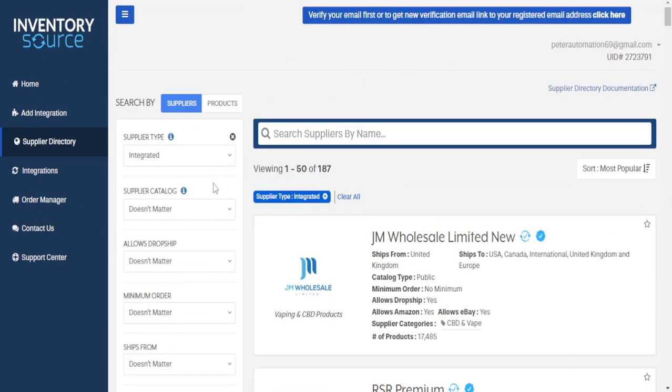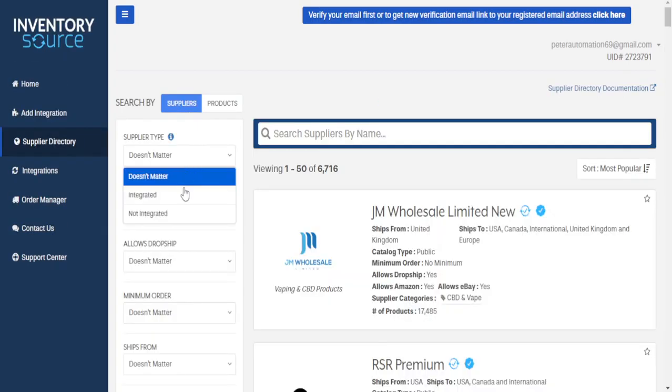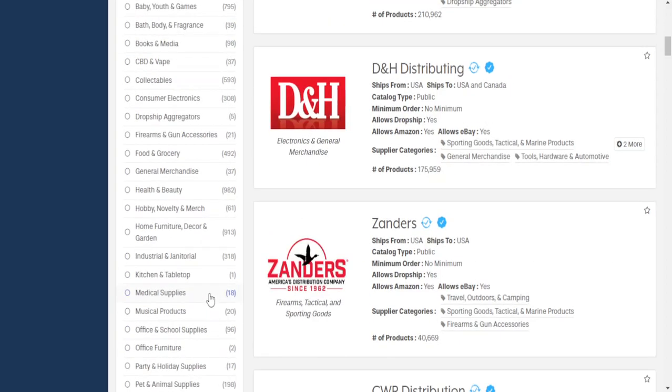We can also see the filters. We can sort it by products or by suppliers. So we can see the supplier type. It can be integrated or not integrated. Supplier catalog, allows dropship, minimal order, ships from, and here we can see the supplier categories like US Direct, 3PL warehouse, adult products, apparel, fashion, jewelry, appliances, automotive, baby and kids and furniture, baby youth and games, and whatever you